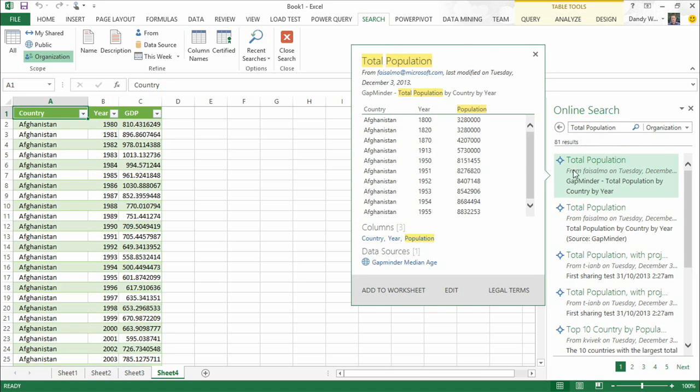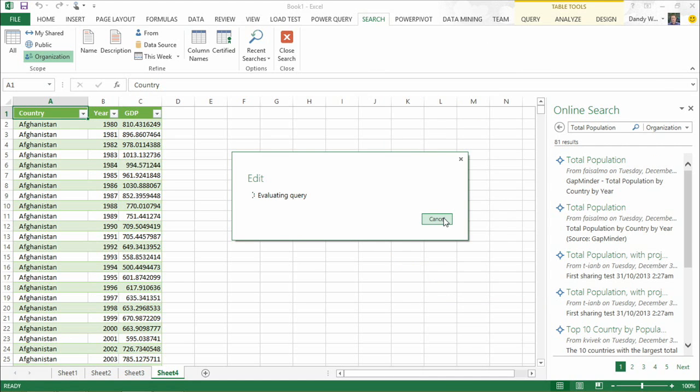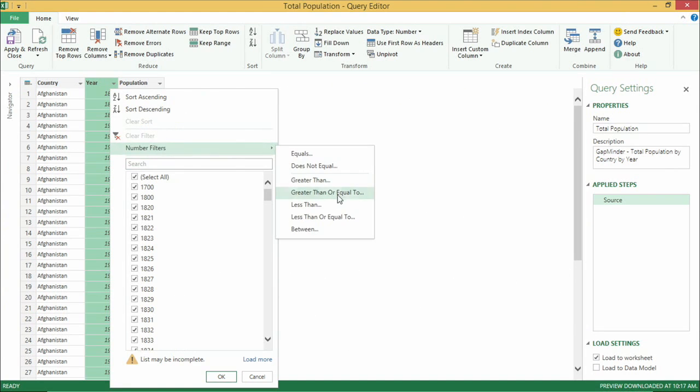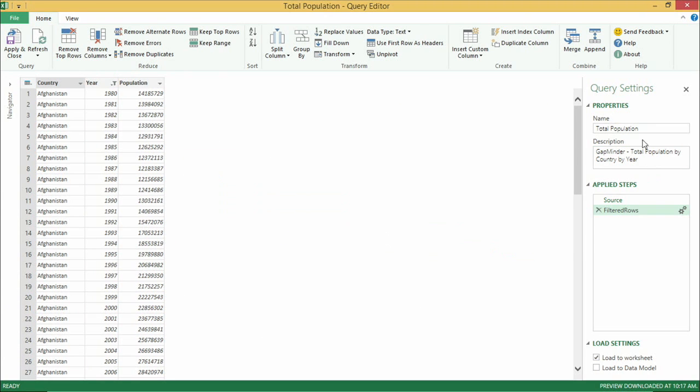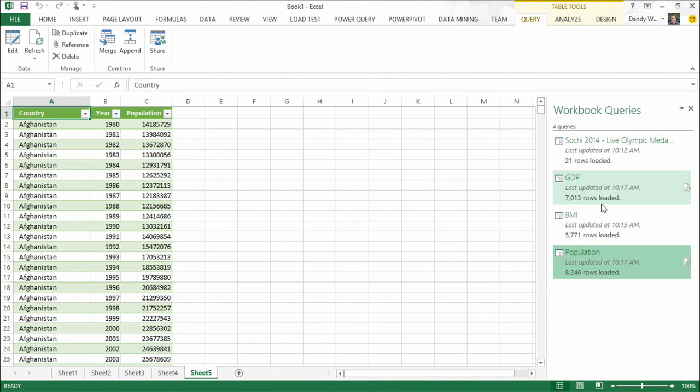I have another query here that was also published. Edit that. I'm going to apply a similar transformation here. So I'm just going to do a filter greater than or equal to 1980. And I need to be typing in the right box. Click OK. Call this population. Click Apply. So now I've grabbed three different data sets, brought them all together, and now I'm going to use